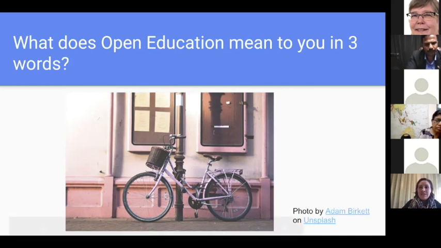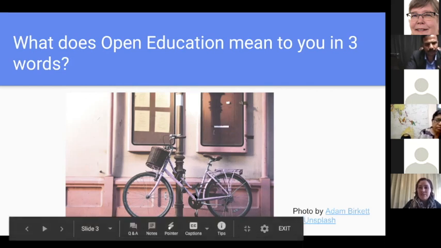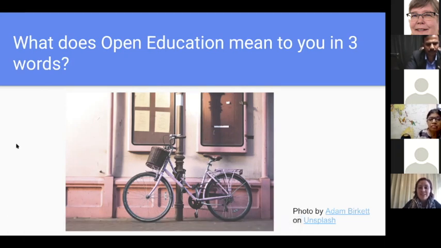I obviously live here in the Netherlands. I'm originally an American, and I've been here a little bit over a year. The reason why the bicycle is here on this image is because, to me, open education often reminds me of the bicycle in my experience in the Netherlands. And my 3 words are